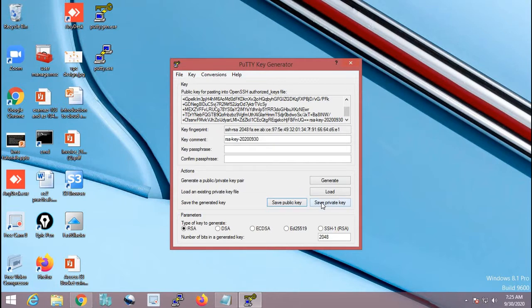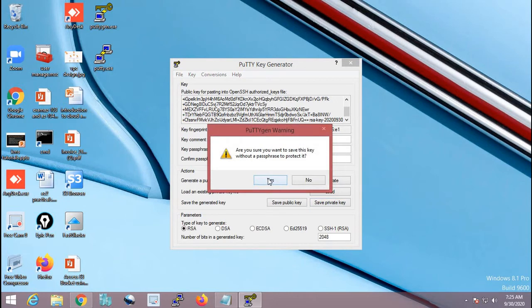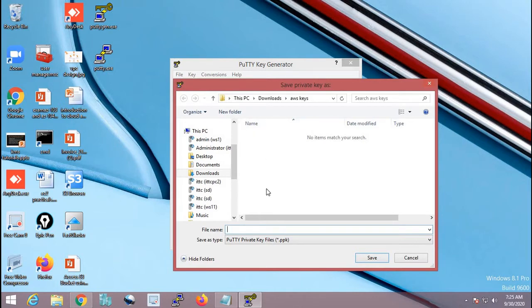So now save the private key, and this is used to get connected from the Putty. So let me save the private key, and let me give the name as private hyphen key 1. So this is the key which we have to upload it to the Putty, and the extension of the key is PPK, and the key which is generated by EC2 instance is .pem. This is directly PPK. So let me say save.